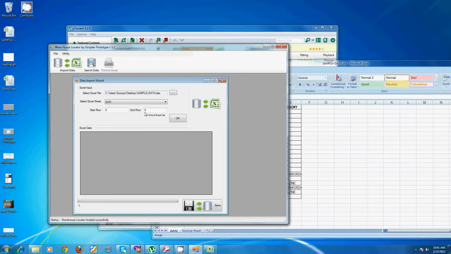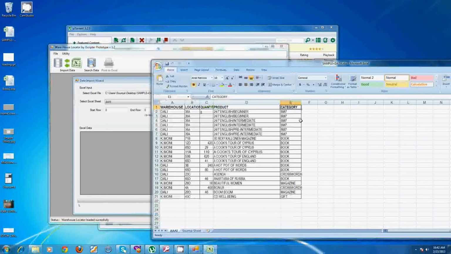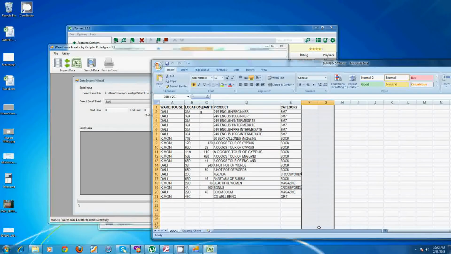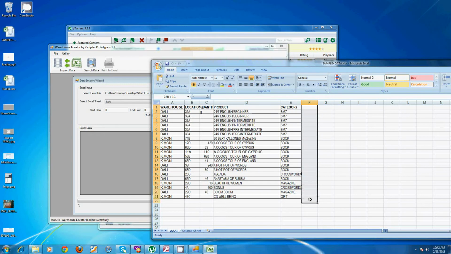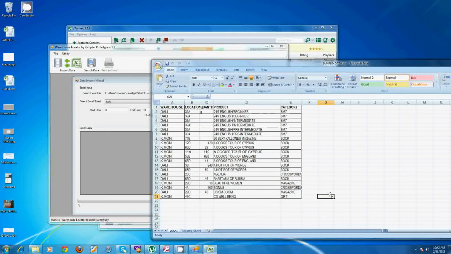If the end row is 0, end 0 is equal to the end of the Excel file. I mean, it searches the whole Excel file, whether the data exists or not. The program will search every Excel row, and it may cause very large resource usage and take a long time to complete.